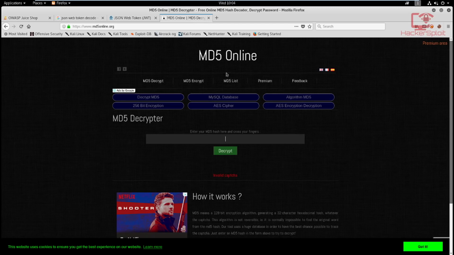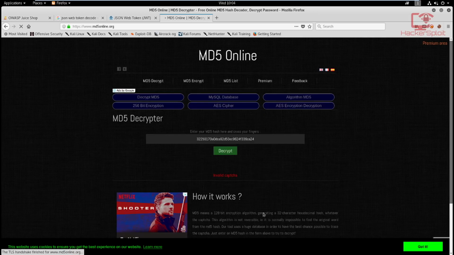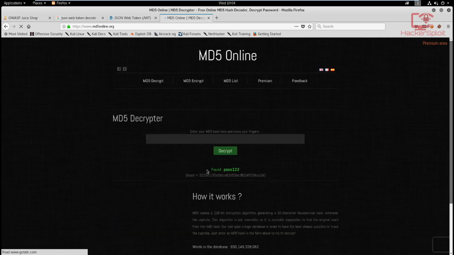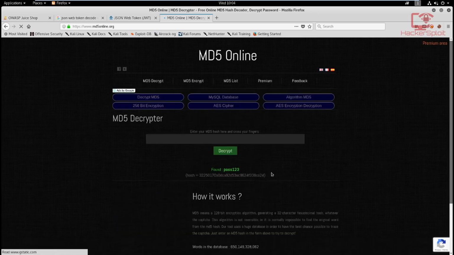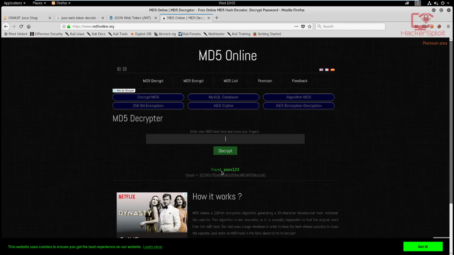I can go to md5online.org, which is what I use a lot, and I paste that hash right in here and I hit decrypt. First of all, it's going to prompt me to enter a captcha here. This is getting really annoying now. For some reason, it always does that. As you can see, it's going to find the hash. Of course, this is dependent on the difficulty of the hash and whether or not it can find it online. You can see that it will display the hash and the password in plain text,